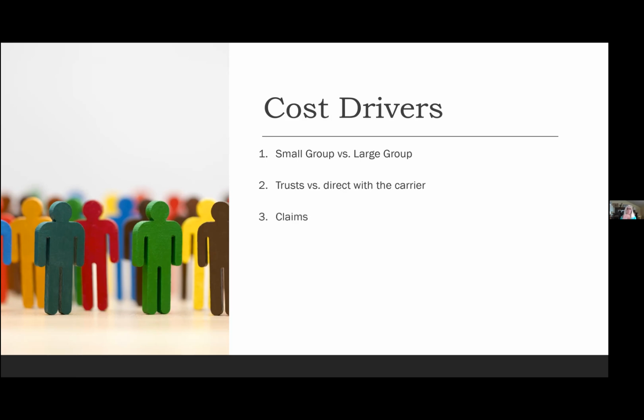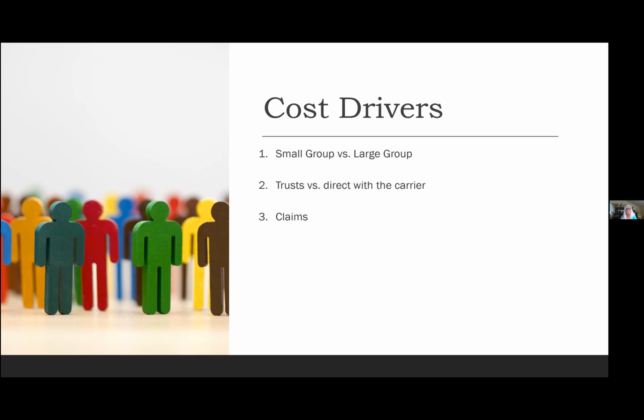And then, of course, your claims. In a small group, the carriers can't rate based on claims. They can only rate based on the population age. So that leaves you a lot of challenge from the carrier's perspective. If they've got a group of 10 employees and they know they've got one person with an ongoing cancer claim, they can't raise the rates beyond what their entire pool is going to cost. But they know that their utilization is going to be higher, but they can't do anything about it. On a larger group, a group of 50 or more, they can do something about it, and they can raise their rates accordingly.